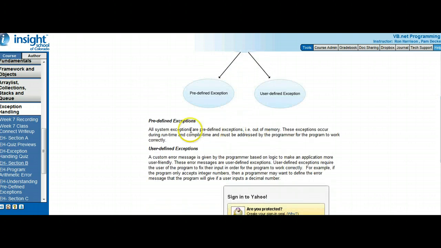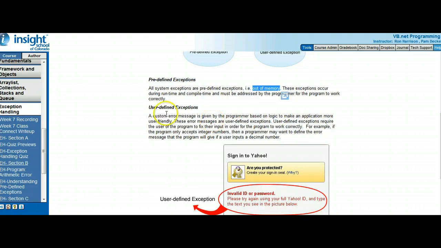Well, predefined are ones that are like system errors, like out of memory on your computer. So if you have too many applications running, you're going to get an out of memory error. That's predefined, meaning that it is set up by the programmer. So that's one type of error. Then user-defined